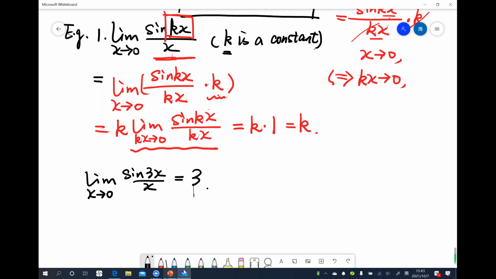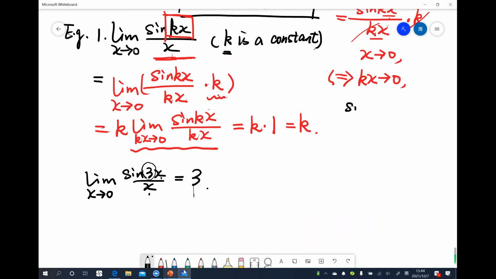Here k equals 3. Can you understand? Yes. But there is one more thing. x cannot be cancelled here, the constant cannot be cancelled here